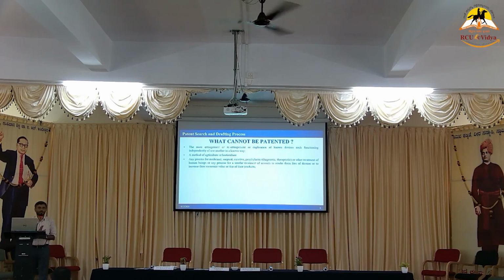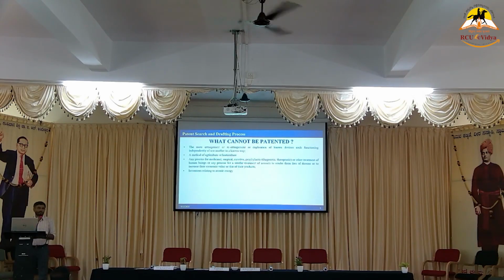It cannot be done because there is no law telling you that you need to do a surgery like that. If there were any patent saying you need to cut like this, you need to open like this, it cannot be done because each and every individual is different. The process and procedure cannot be patented, whereas the surgical equipment and all other things can be protected, not the process and the procedure.